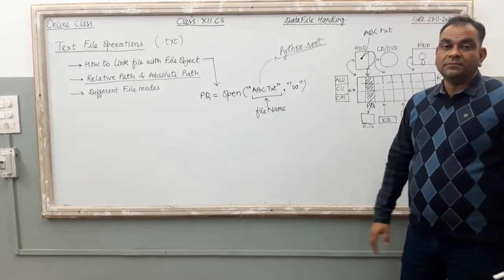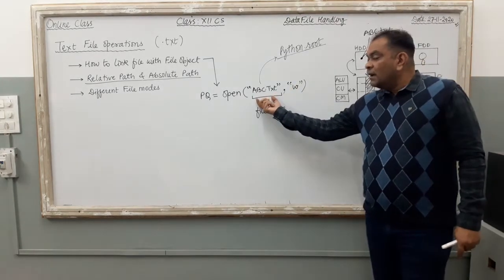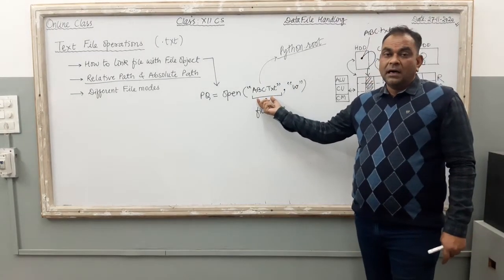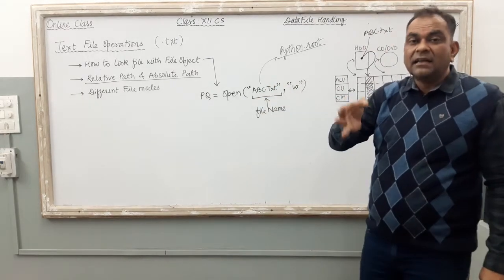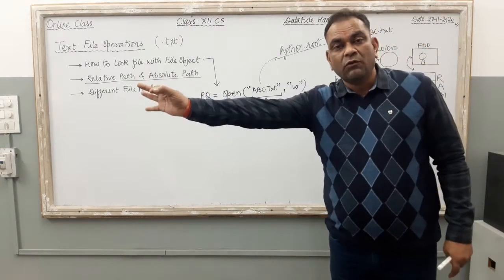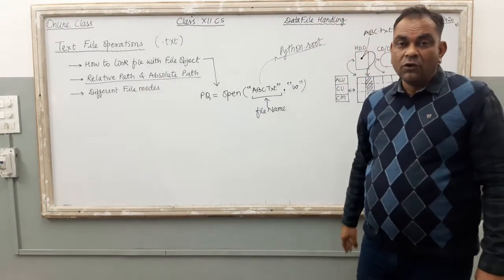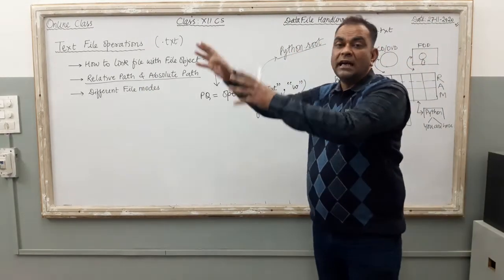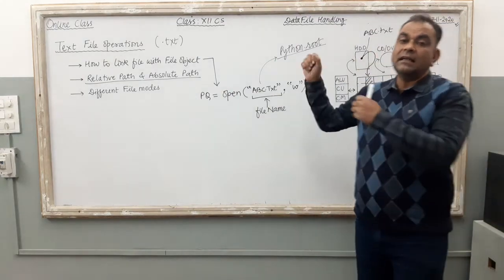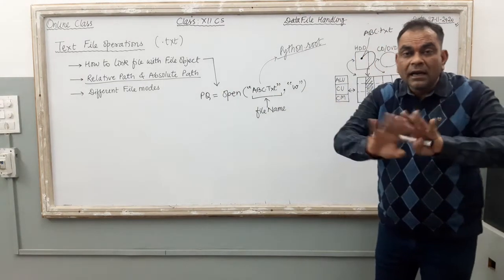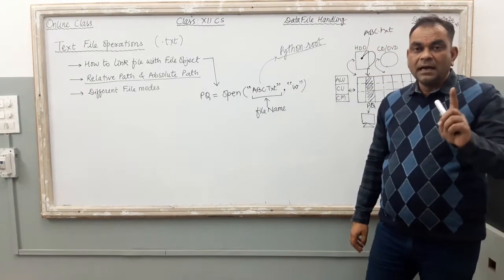Then and only then can you read the file, otherwise not, by using this command. When you write the file name directly with the command, the computer searches whether the file is there in the Python root folder or not. If the file is not in the Python root folder, if it is anywhere else, either on the desktop, on the D drive, or on the pen drive, the file will not open. Understood?